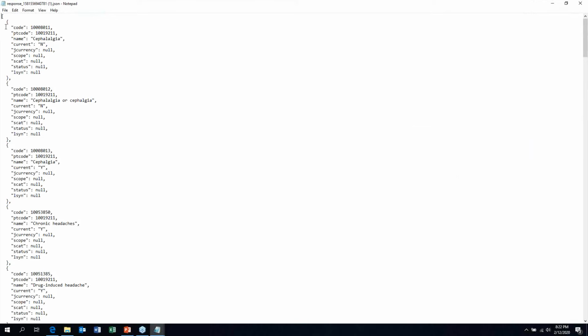Okay, so what you see here is the code. In this case, this is the LLT code. The PT is the term that we actually requested, headache, the name of the LLT, the currency status, and so on. So all the LLTs are listed here under PT headache.